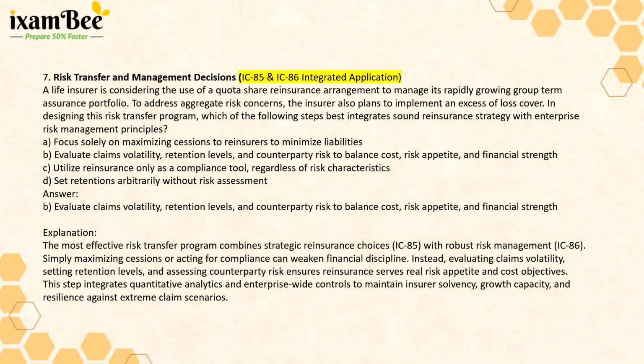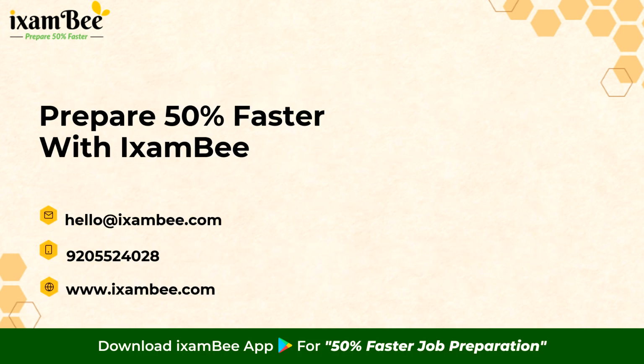Best practice combines strategic treaty design with enterprise-wide risk controls. By assessing claims variability, optimal retention, and reinsurance strength, insurers align cost, risk appetite, and solvency objectives. That concludes our 7 MCQs aligned with insurance